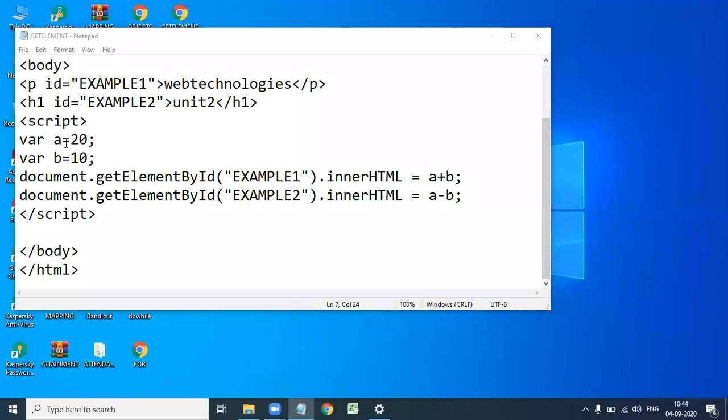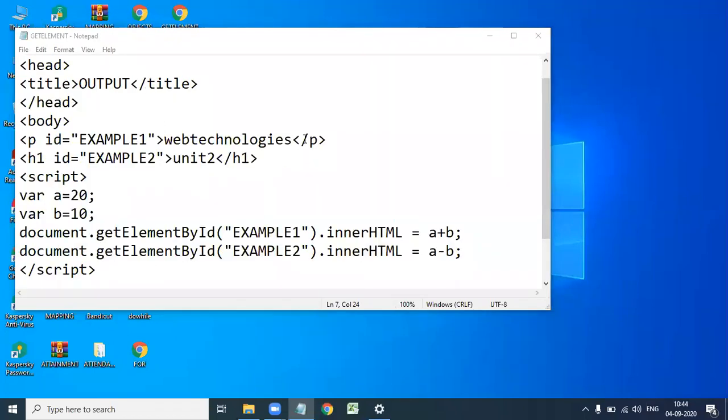So here in the script the value a equal to 20, b equal to 10, that is a plus b equal to 30 and a minus b equal to 10. So what is the output?